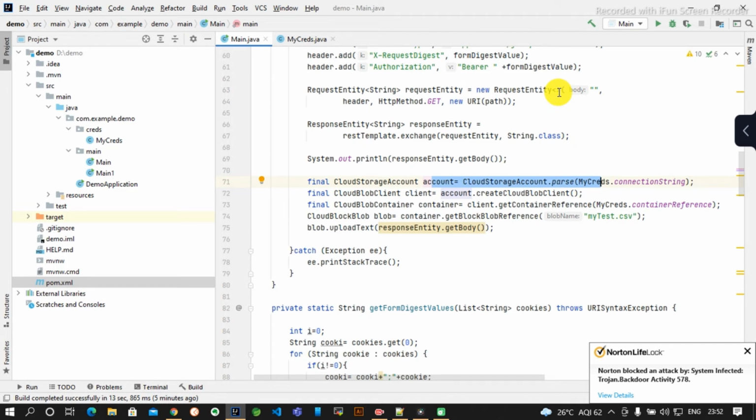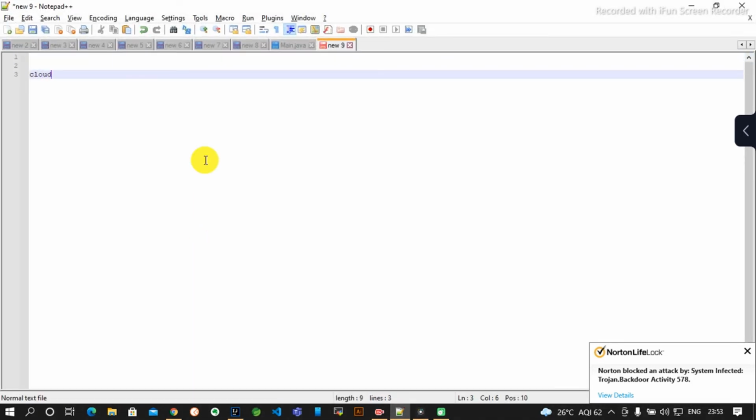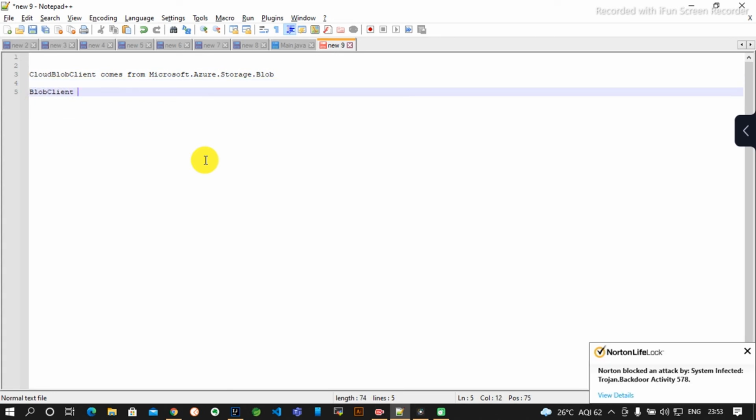If I talk about both the versions, if I go to the Notepad, the Cloud Blob Client comes from Microsoft dot Azure dot storage dot blob, and Blob Client comes from Azure dot storage dot blob.